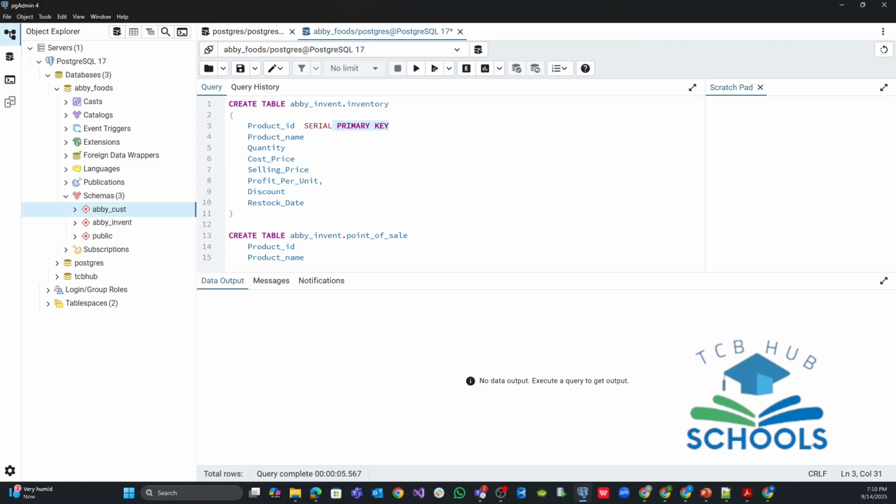Okay. So we have two tables now. We have the point of sale that we're creating, and we have inventory. When I sell my product from point of sale, my inventory will remove that product so that I will have one less in the quantity. If the quantity of this product is 10, and I sell, let's say the product ID is